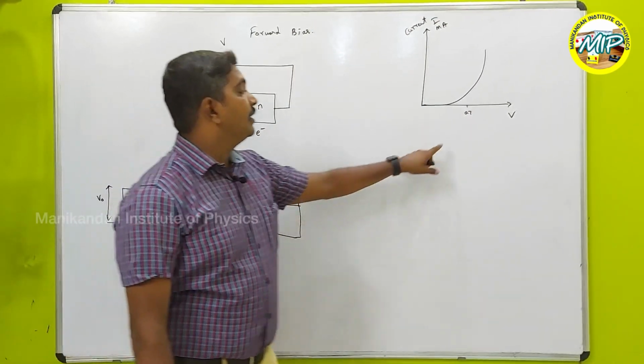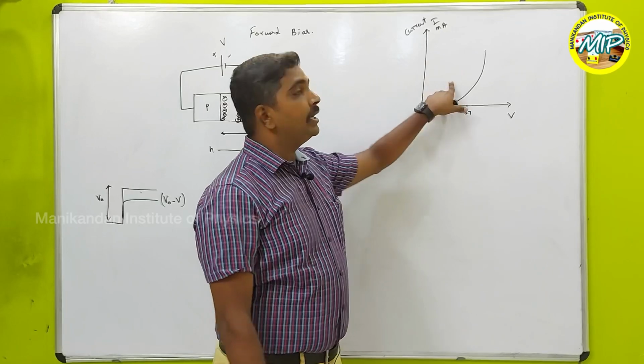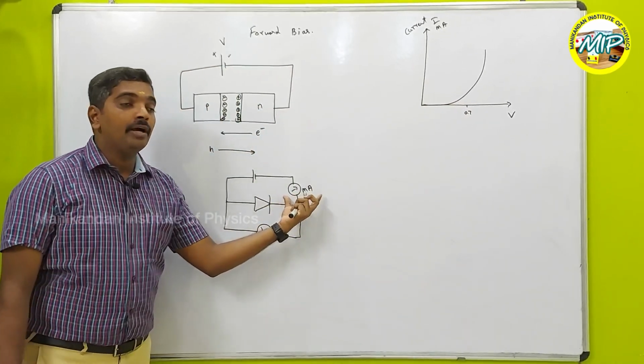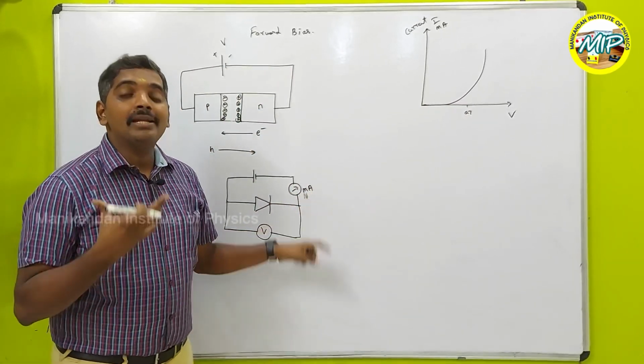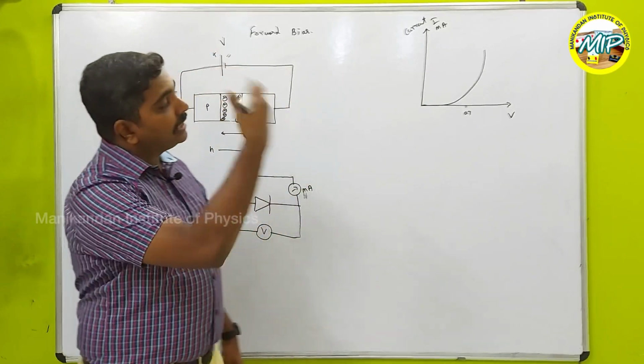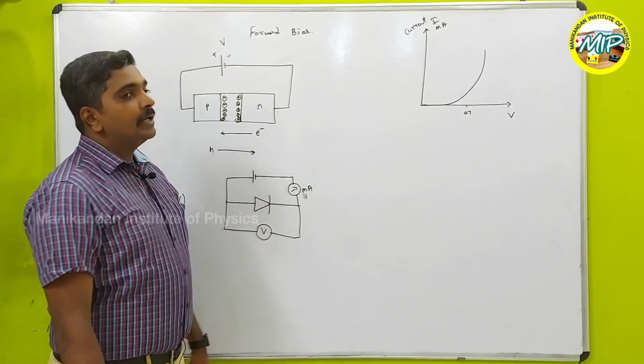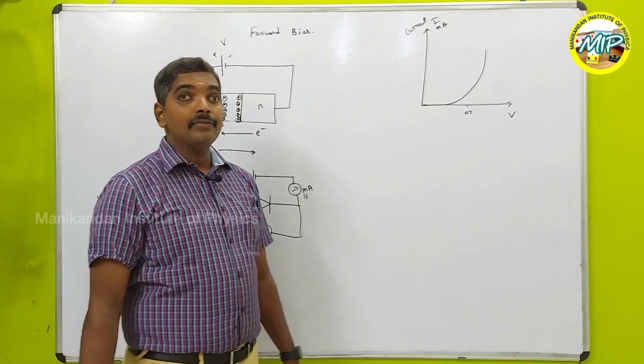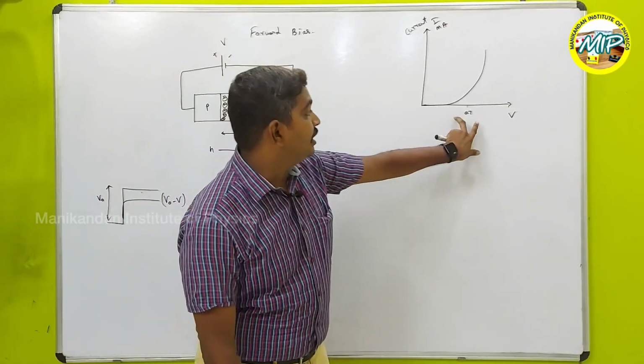So because of this applied potential, the current will increase. I can measure the reading from here. This is of the order of milliampere, 10 to the power minus 3 amperes. So there is an increase in the current. Sir, if there is an increase in the current because we applied a small potential,